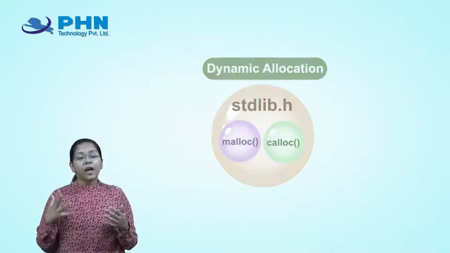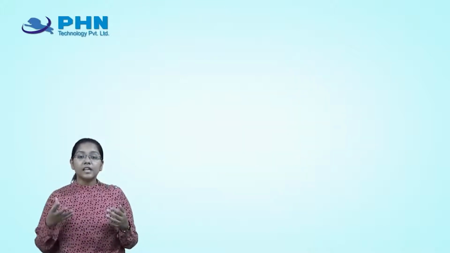Okay. So now in this dynamic allocation, whenever I am calling malloc or calloc, the compiler knows that whatever value is coming, I have to store it in my heap, right? Because whatever values are assigned through dynamic allocation will go in my heap. That's what we have studied, right?